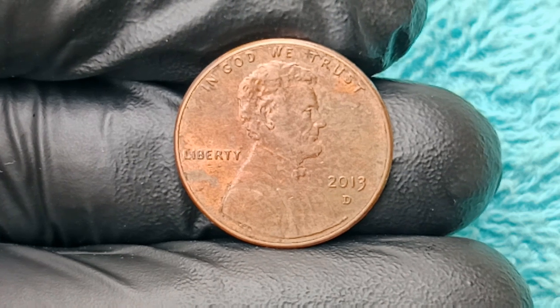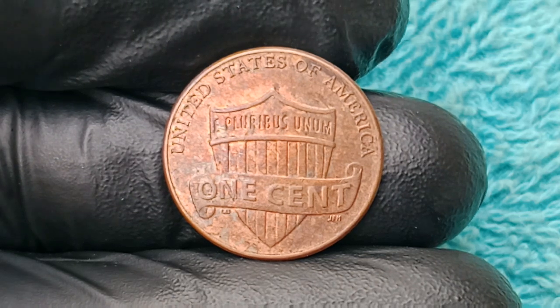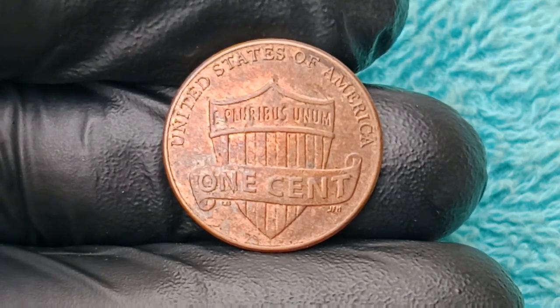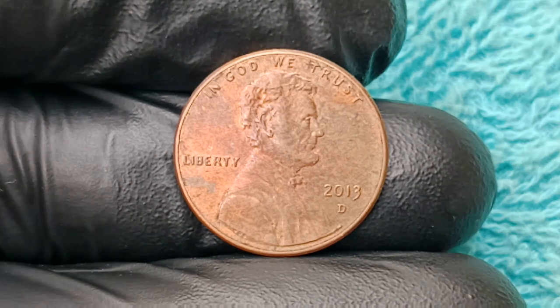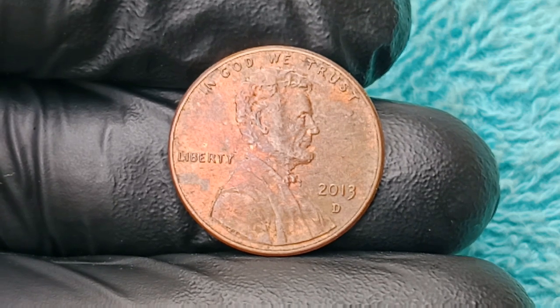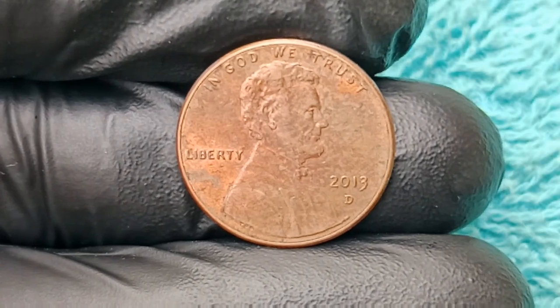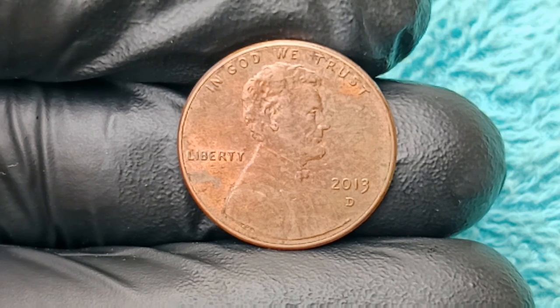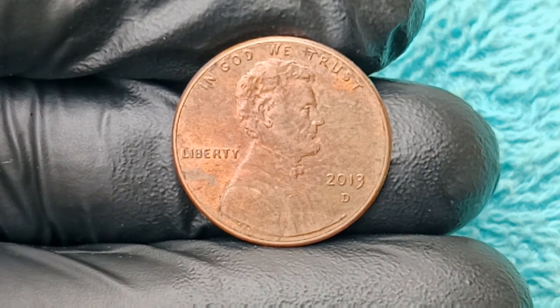whose value continues to climb, not because of gold or silver content, but because of a series of accidental anomalies, dramatic die misalignments, off-center strikes, double dies, cut breaks, incorrect planchette usage, mispaired dies from different years, and even an ultra-rare mule error that stunned experts and ignited a wildfire of speculation and excitement across the globe, beginning with the first authenticated specimen discovered by a sharp-eyed collector in a roll of bank-wrapped cents who noticed the coin had multiple mismatched features, including a date from 2013 but reverse characteristics not seen in that year's standard production, immediately raising questions